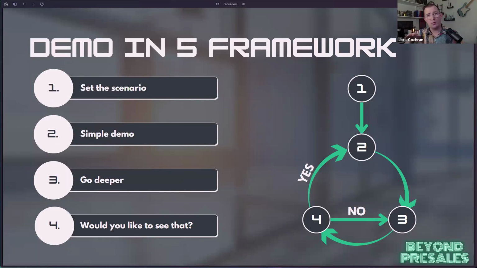And this doesn't have to be perfect. I've been running this framework with my team for a while. Some meetings we do the full thing. Some meetings we don't. Some meetings don't work quite well. But at least having this idea in your mind, I'm trying to do shorter, simpler demos in order to get to engagement and only show someone something that they want to see. When you have that idea in your mind, even if you don't run this perfectly,